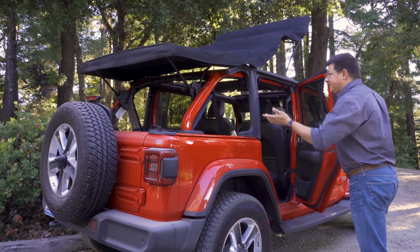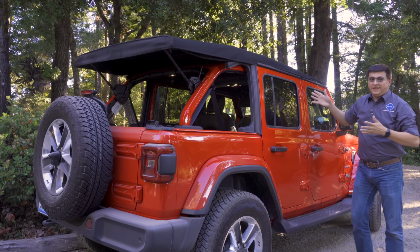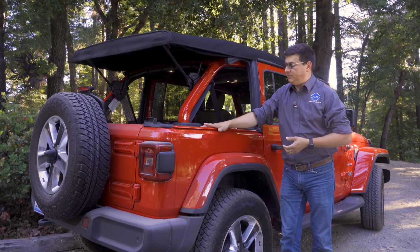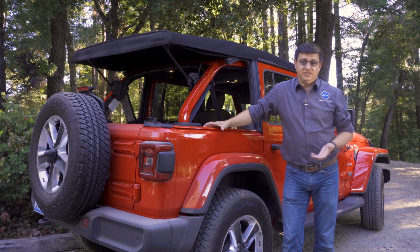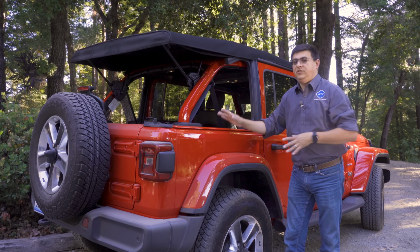So I find it easier to go inside to pull it up, and then of course you have to come over here, pull it back down, then go on the inside, latch it back into place, and then you have to zip all the side pieces back into place. That's going to take a little bit of time if you're trying to drive topless and then it starts to rain. The hard top is of course trickier still because it has to be bolted onto the vehicle,